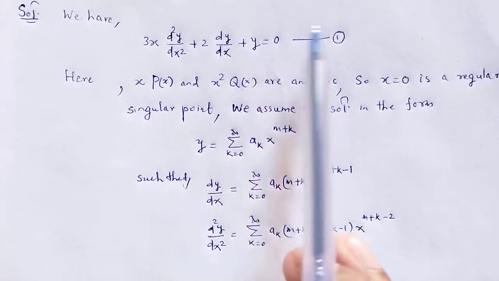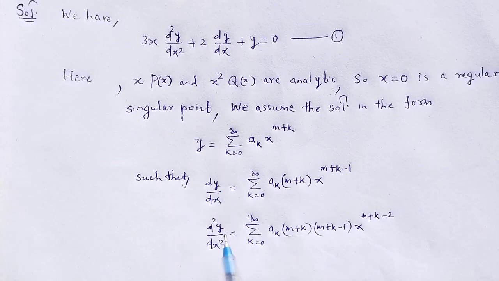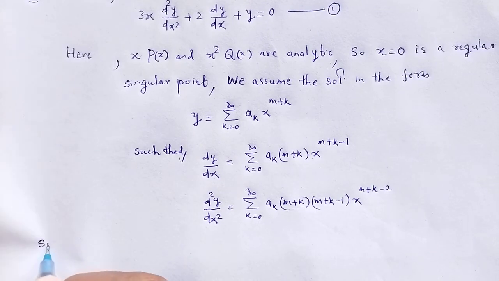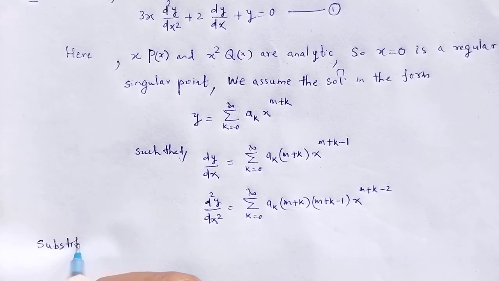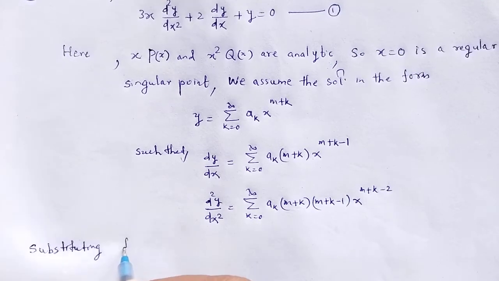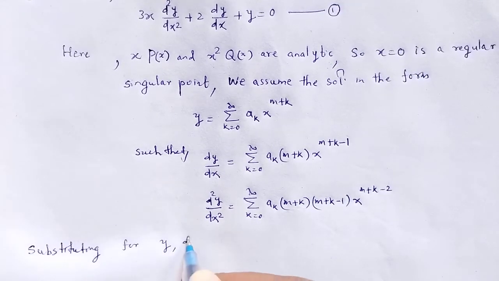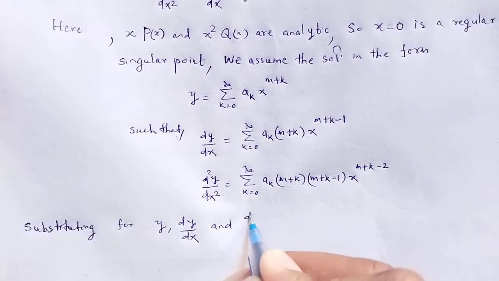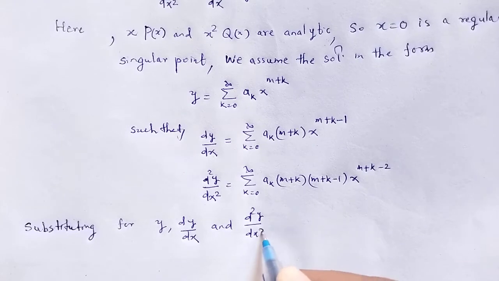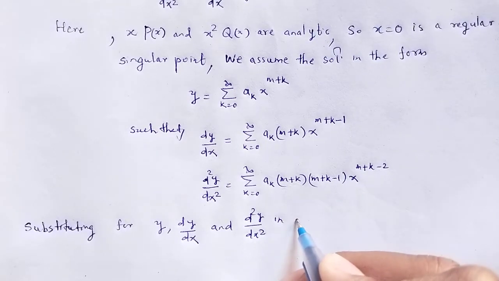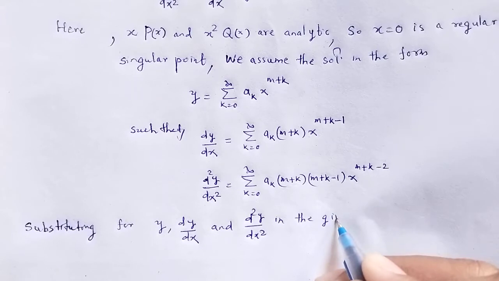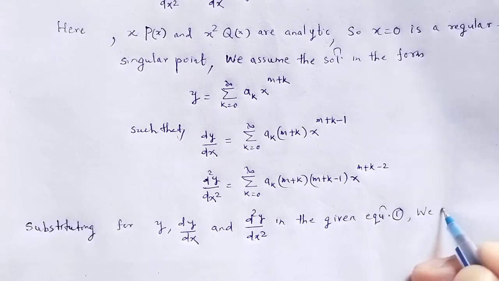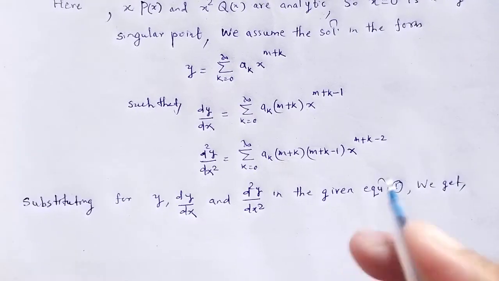Substituting these values of y, dy by dx and d square y by dx square in the given equation 1, we get,